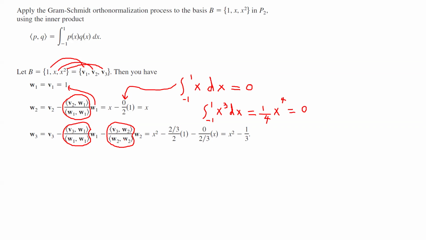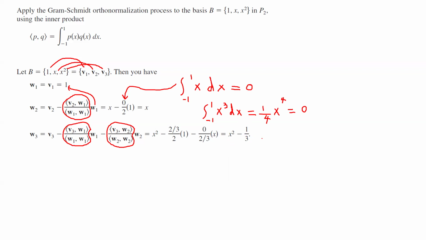And let's see. And here you have w2. You can continue this process, everybody. Just calculate each one of these inner products. Here you have, for example, w2 and w2. Well, w2 is x, so x times x. So this guy becomes a third x cubed. Then you have 2 divided by 3 and so on. So you can continue this process, everybody, and do the calculation, and you get this third function, which is x